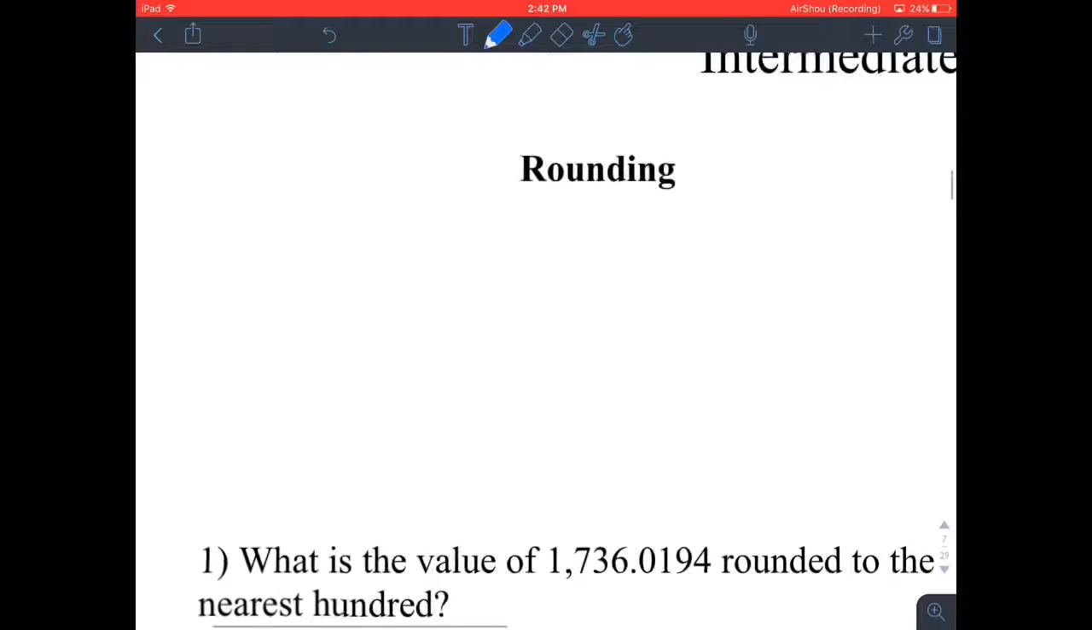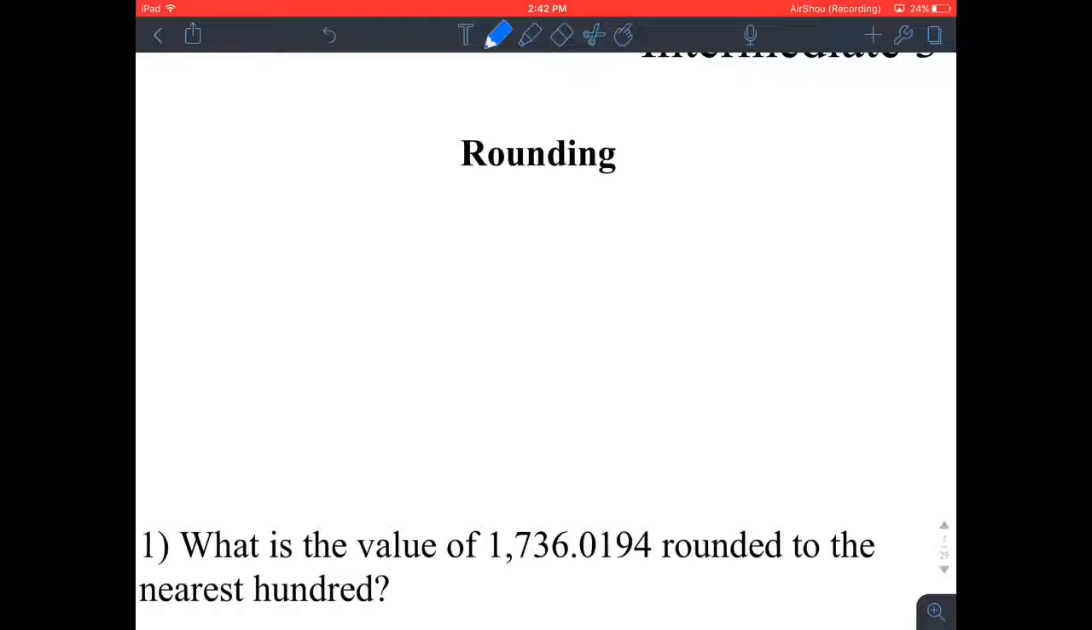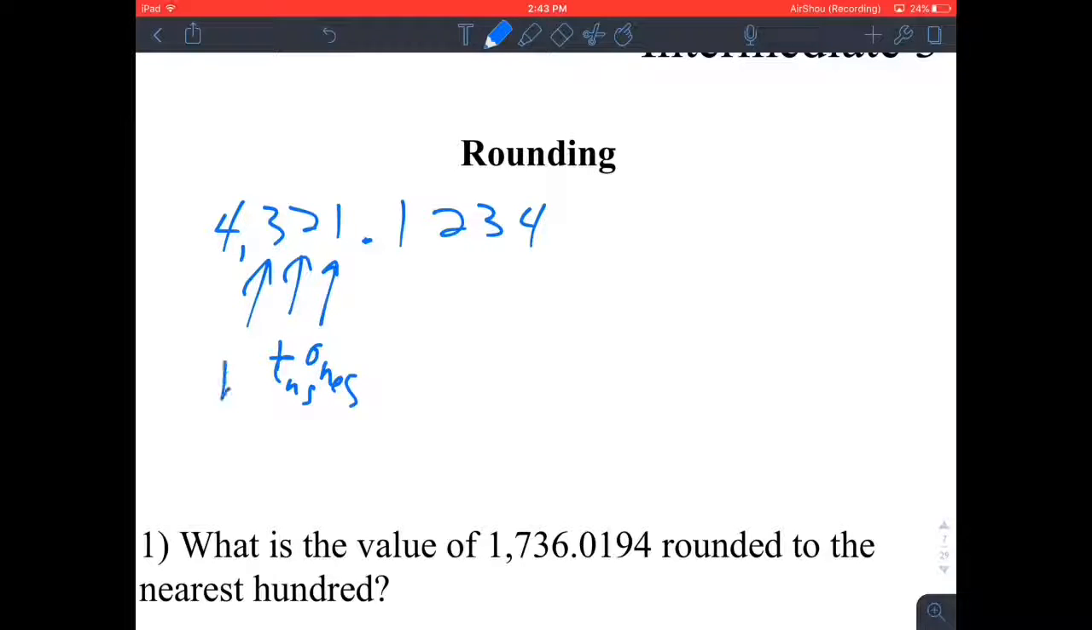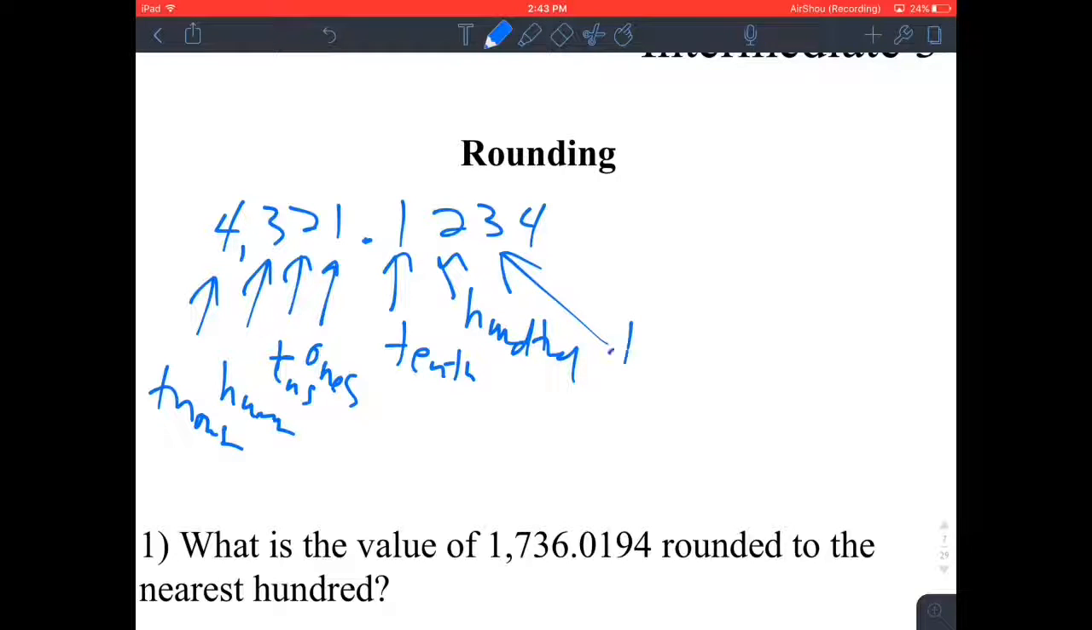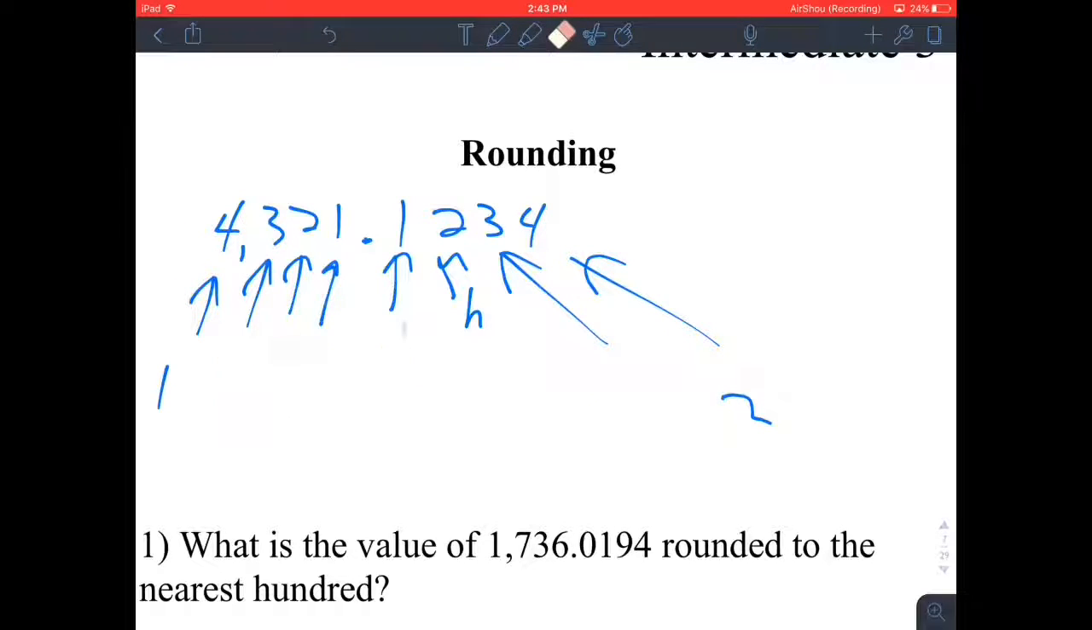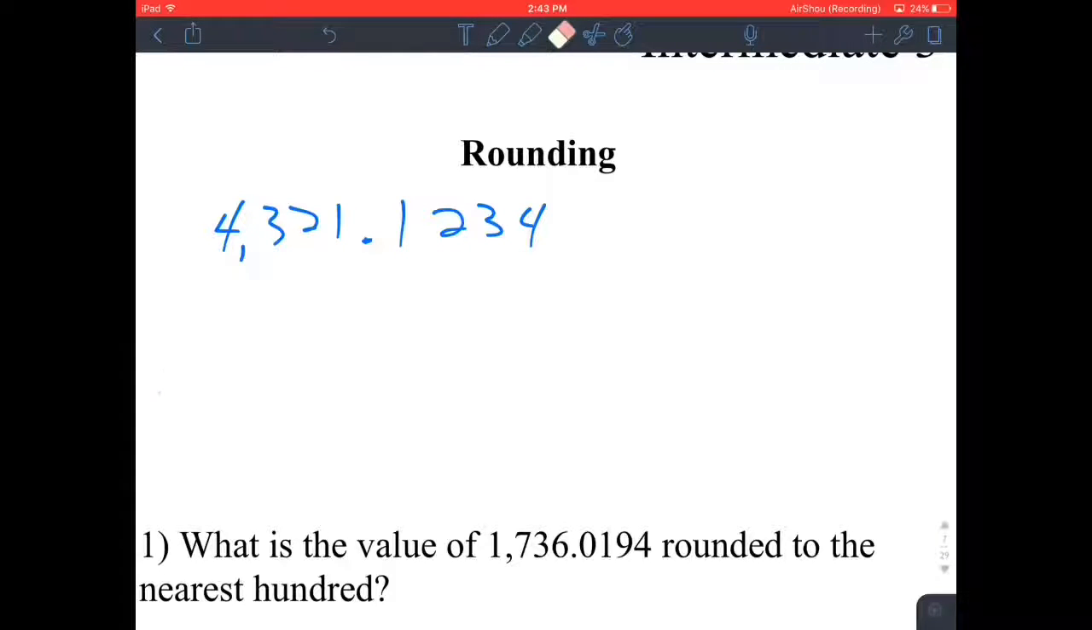Rounding. Let's quickly review decimal places. Let's say that we got 4,321.1234. This is the ones column, followed by the tens, hundreds, thousands. This is the tenth, hundredth, thousandth, and then 10,000th. So when rounding, if you're told to round, for example, to the nearest hundreds,